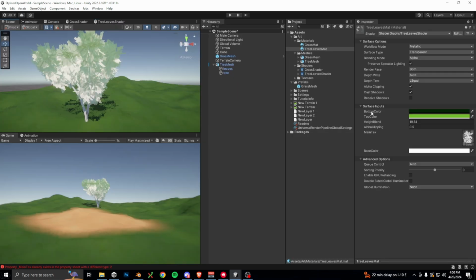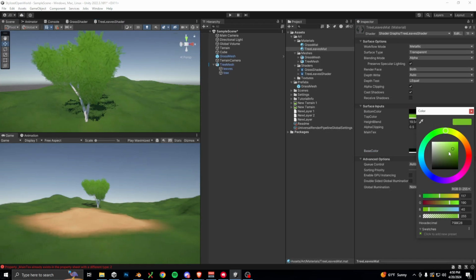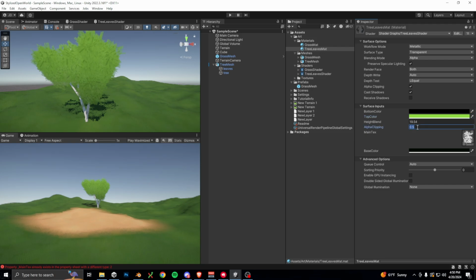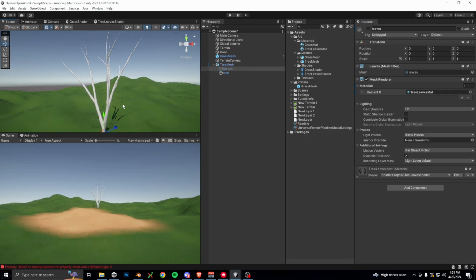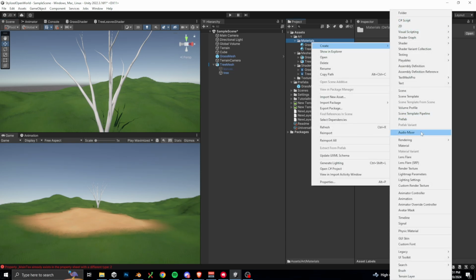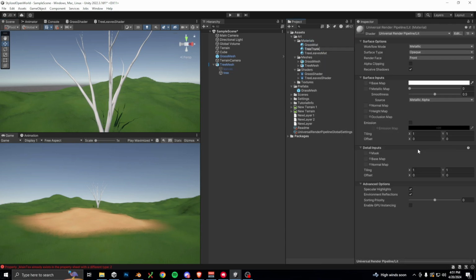You can even mess with the alpha clipping to change how the edges of the leaves fade. The very last thing we need to do here is create a material for our bark. Right now it has the default material from Blender, but let's create a custom one in Unity. I'll name it Tree Trunk Map, apply it to our tree mesh, and we don't even need a shader for